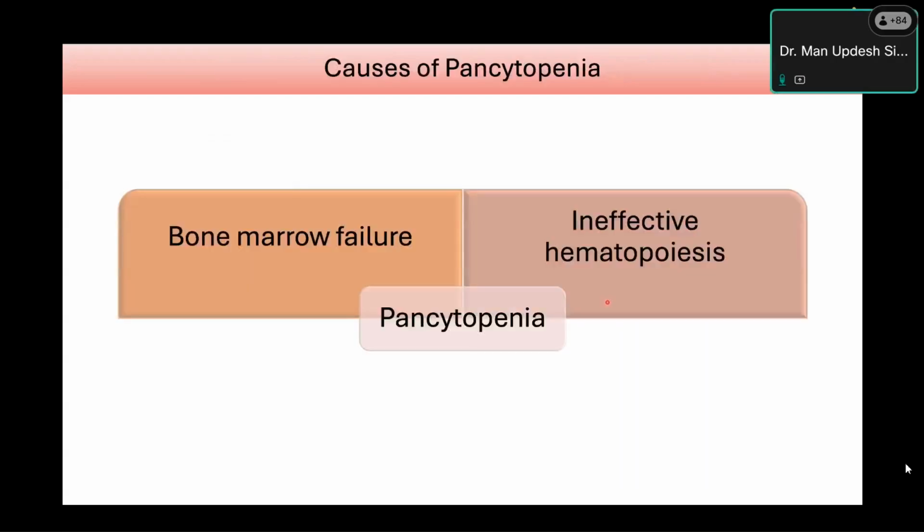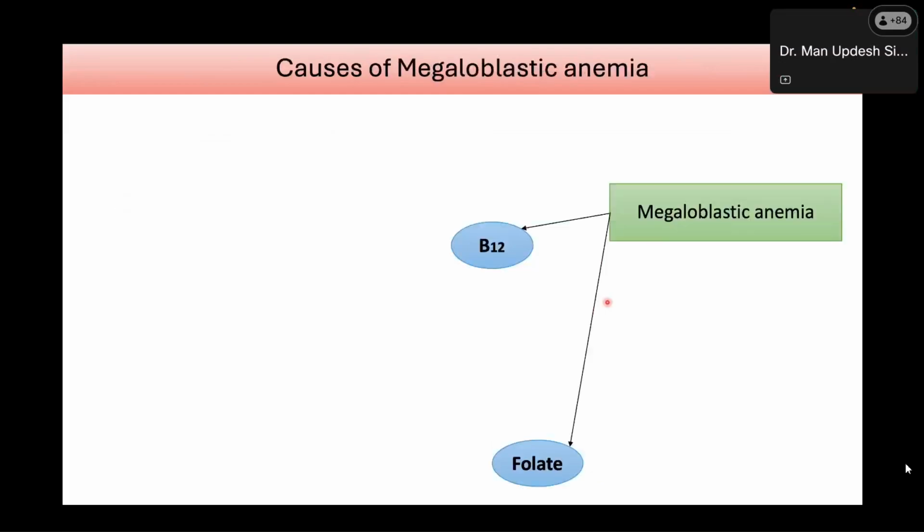So now we have ineffective hematopoiesis in the form of megaloblastosis. Can there be other causes, other differentials? Okay. So before that, a theory which again I'll not like to go into details, but